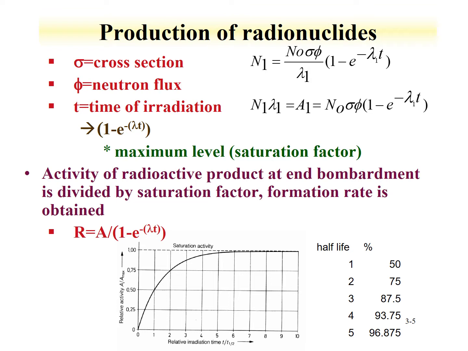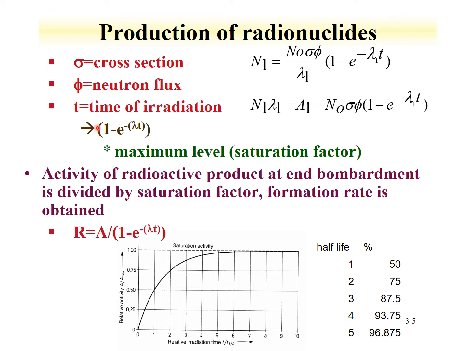So we don't really need to include the saturation factor. However, if you're irradiating a sample for an hour and the half-life of the isotope that you're producing is 3 hours, well, then a reasonable and measurable amount of that isotope may have decayed, and you need to include this